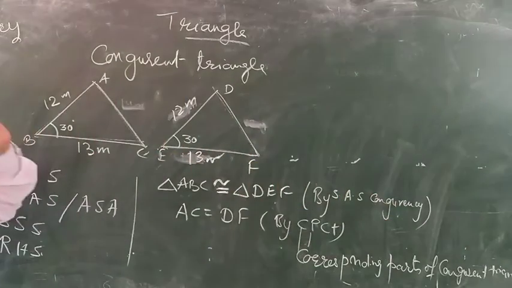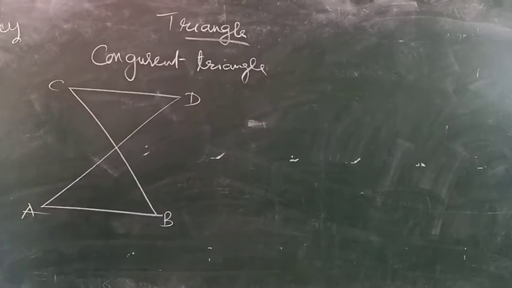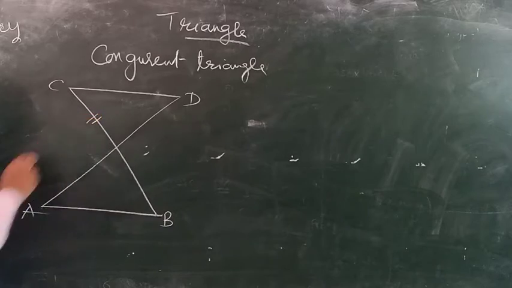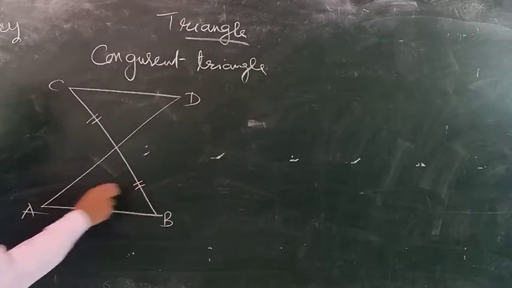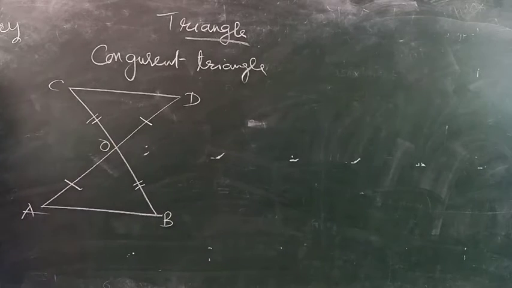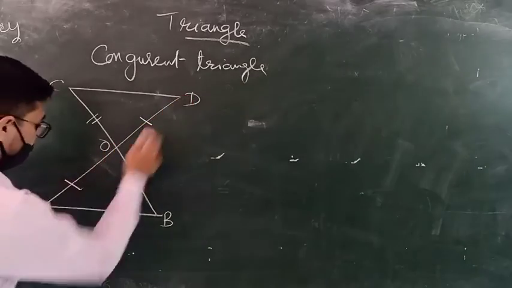Now I am going to explain to you the proof of side angle side. पहले तो नोट कर लीजिए. So this is the proof of side angle side congruency. Let's say you have two triangles. This side is equal to this side and this side is equal to this side. Let's say this point is O. Okay, this is given in the question. If this side is equal to this side, that means OA is equal to OD. So you can write